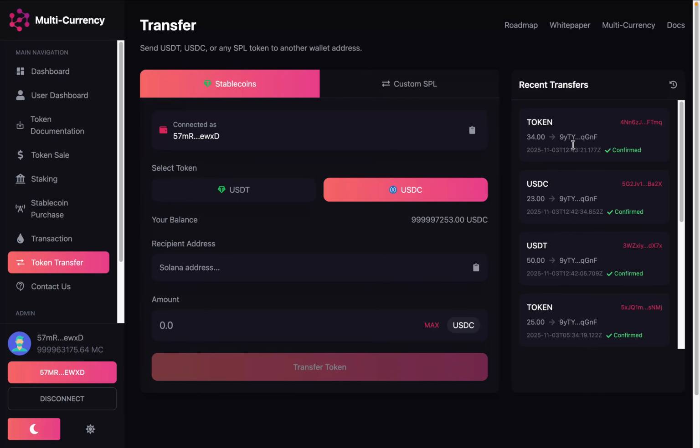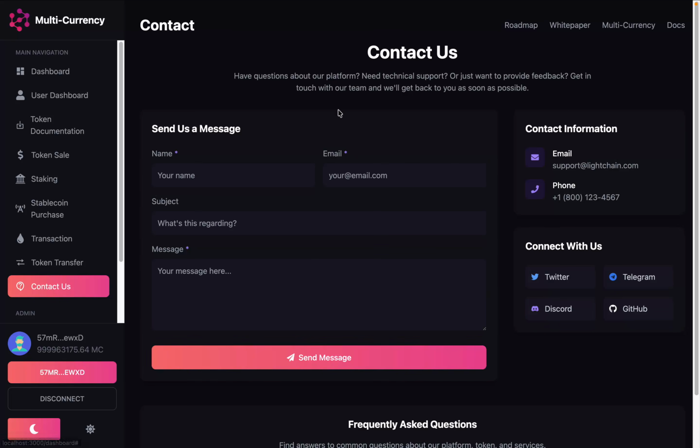So we got that. So we have done the transfer of 34 tokens to the account number 1. So that's how a user can transfer the token and stablecoin. So that's the token transfer component. Now the next one we have is the contact us, and this one is very important because you need to